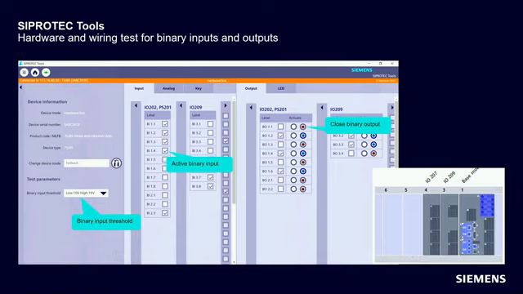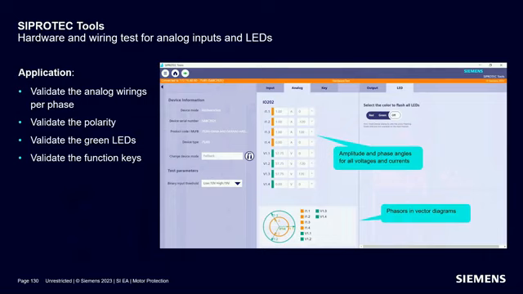And then I can measure, for example, is the wiring in the cubicle correct, by just going on the terminals of the cubicle and not need to search where is now this terminal connected to on the relay. I can inject also currents and voltages, and I have here a vector diagram, a phasor diagram of